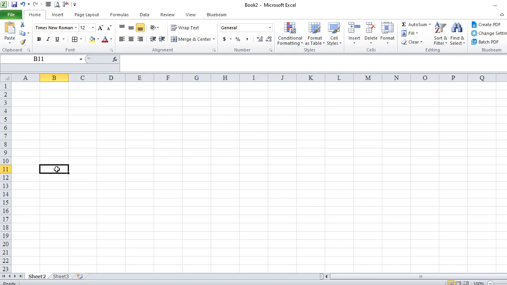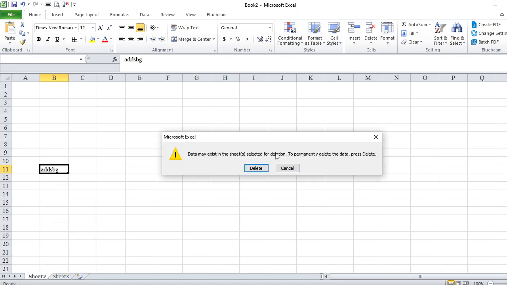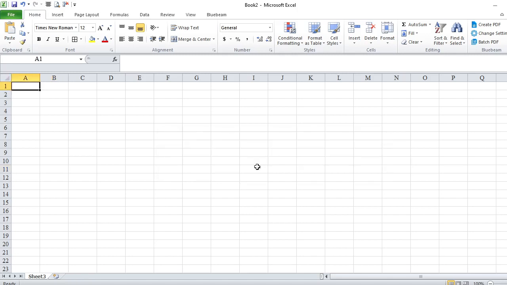For example, let me add something here. It will not delete without asking me first. But if the sheet is untouched and empty, it will not ask me. This one has some data, so it asks me for confirmation to delete.